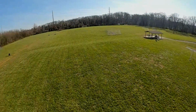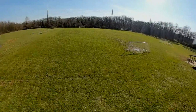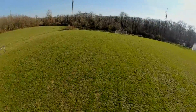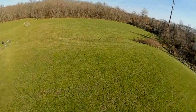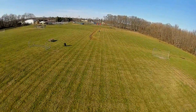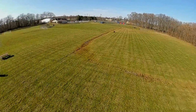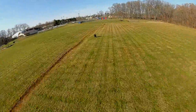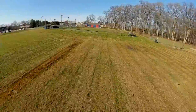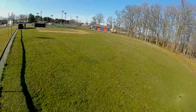Yeah, man, I really do love the way this thing flies. It flies like a plane. That's the best way I can explain it. Like with my other quads, they fly like quads, where I feel like I'm flying a quad. Like I gotta think about how to turn this thing. This thing flies, and I know it sounds cliche, but people would say this thing flies like it's on rails,